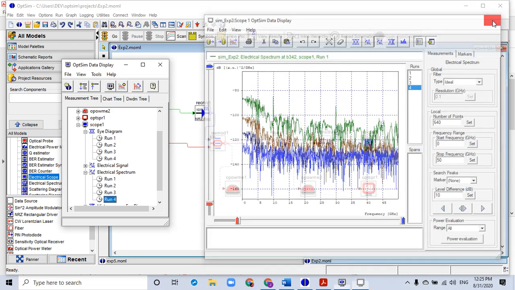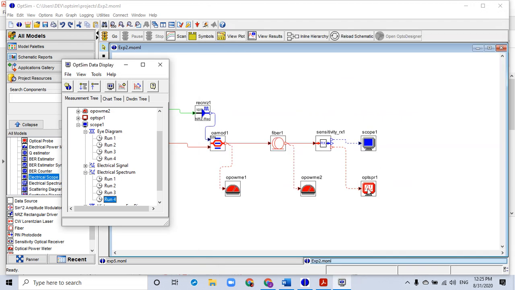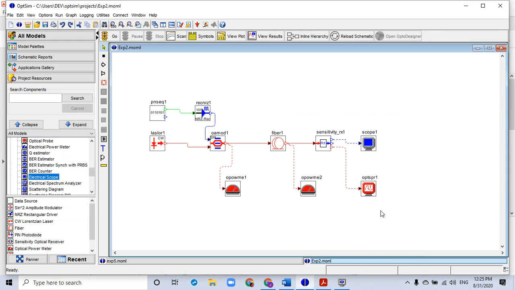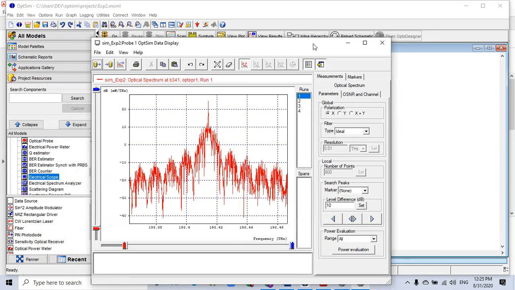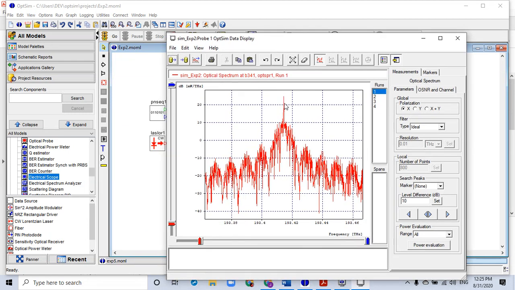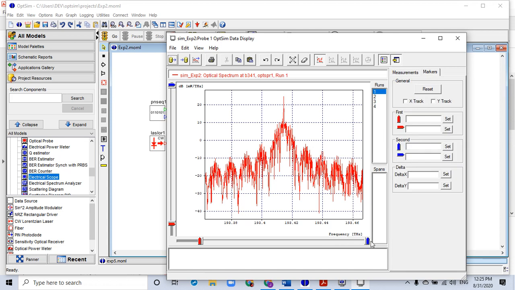And finally, we would like to check the optical spectrum. So view the optical spectrum. So this is my optical spectrum. I need to measure the center emission frequency. So for that, I'll make use of markers. The blue marker over here or the red one, either of them can be used. And as I move the marker across the x-axis, you'll see that there is a change in the values in this field, right? So I'm moving it to measure the center emission frequency of this spectrum. And if I bring it over here, this is my center emission frequency, and that value is 193.415.